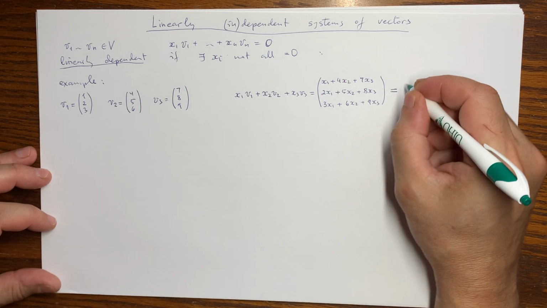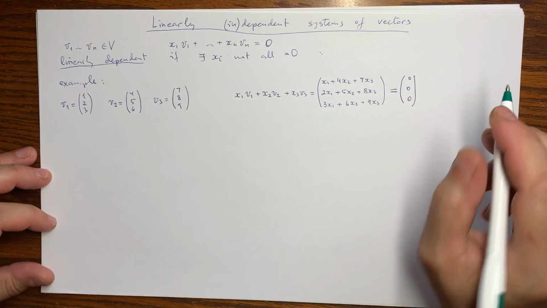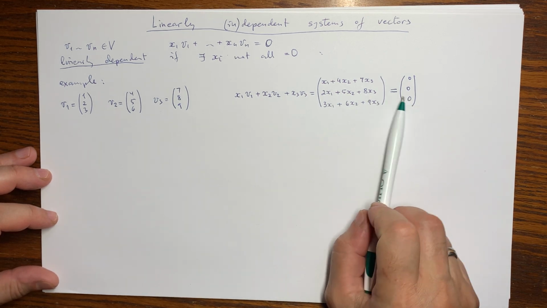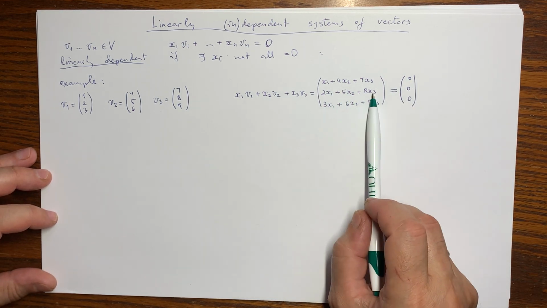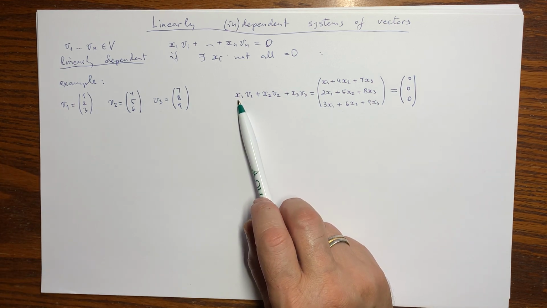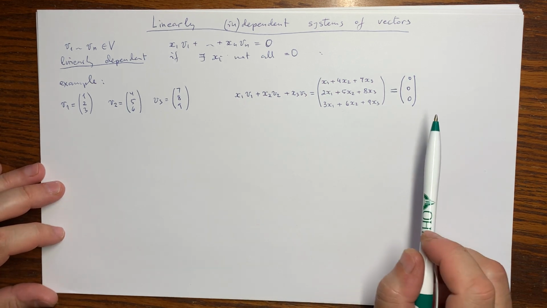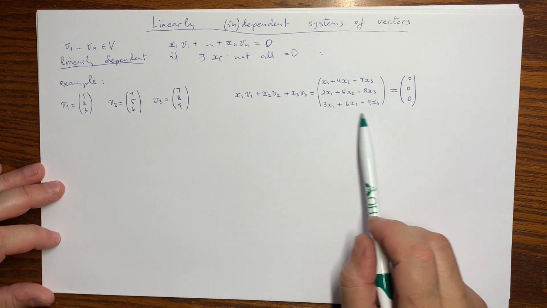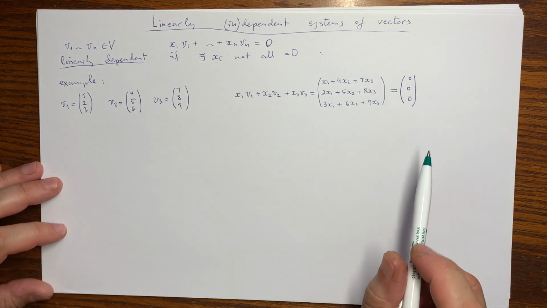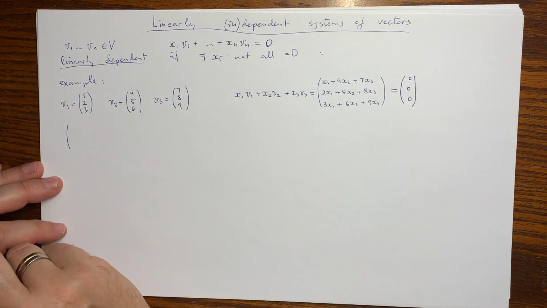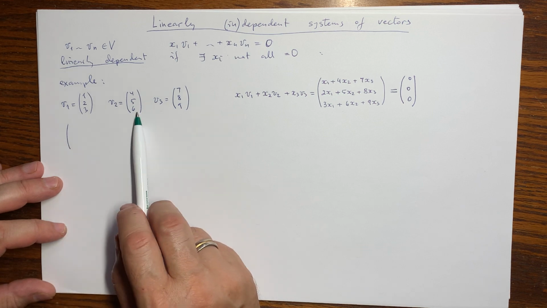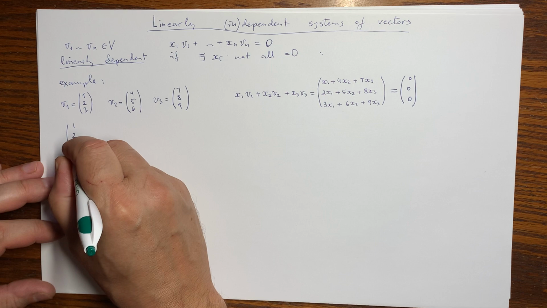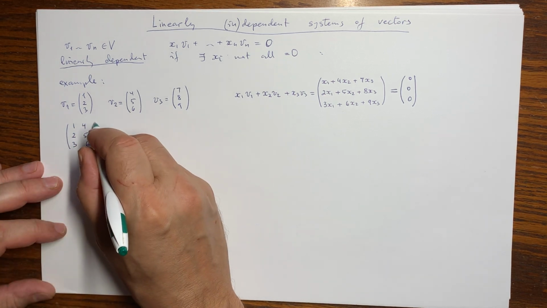That's what we'll have. So linear dependence will be a vector equation: this interesting vector is equal to the zero vector. And this vector equation is a system of three equations, one for each coordinate. So we have a linear system, a homogeneous one, because every coordinate is a linear expression in the unknowns. And the unknowns for this problem are the coefficients in the linear combination. So to find all possible coefficients, all possible linear dependencies, we have to solve a homogeneous system. The standard method of solving such systems is by Gauss elimination done with a matrix. And the matrix of this system will be just the matrix built out of these three columns. So the matrix of the homogeneous system we need to solve to find coefficients in linear dependencies